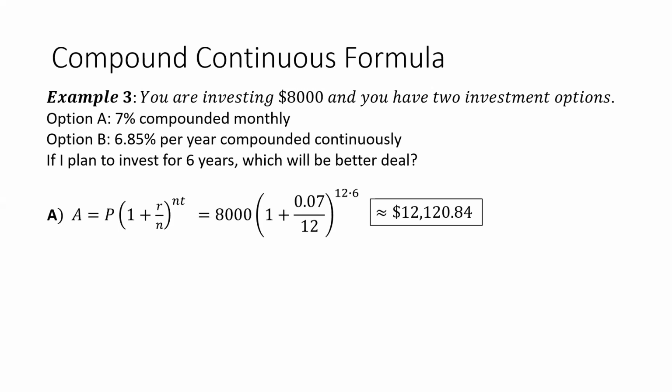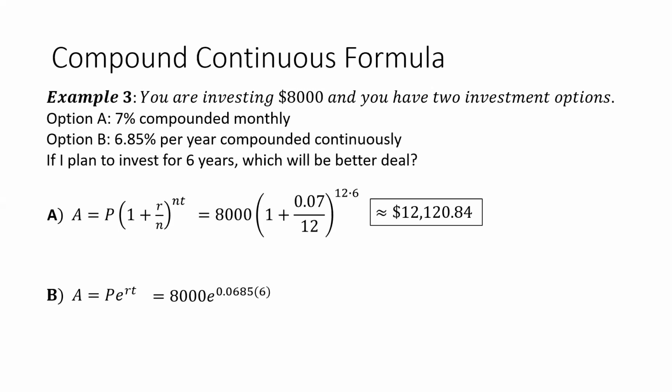I'm sure I mentioned this before, but if you see those squiggly equal signs, that means that I had to do some sort of rounding, so it's approximate. Okay. Now here is my compound continuous. Sometimes people call it PERT because you have the P e to the rt. Anywho, we know we're compounding continuously. I know that my rate is 6.85%. I know my time is 6 years again, and I know my principal is 8,000, same as the previous one. I change my 6.85, move the decimal over twice, and I get